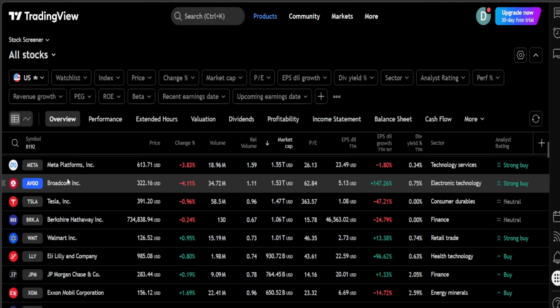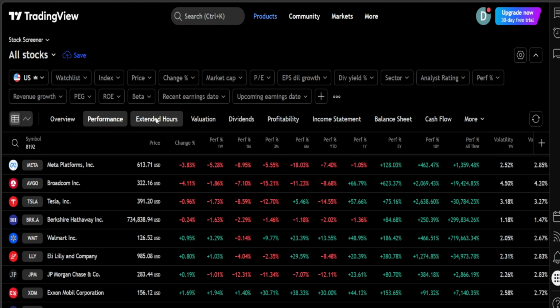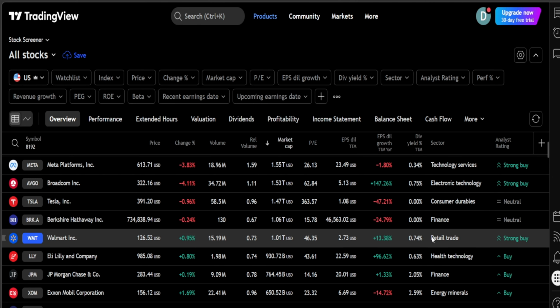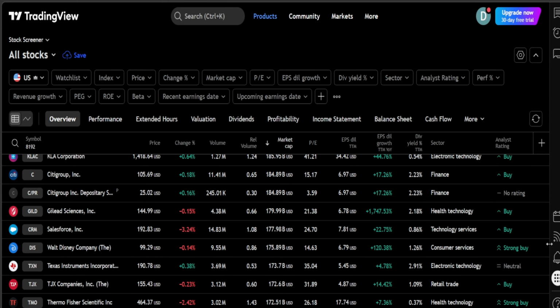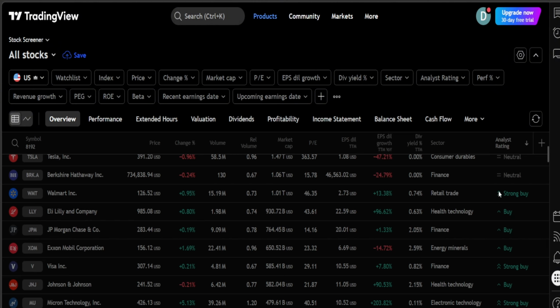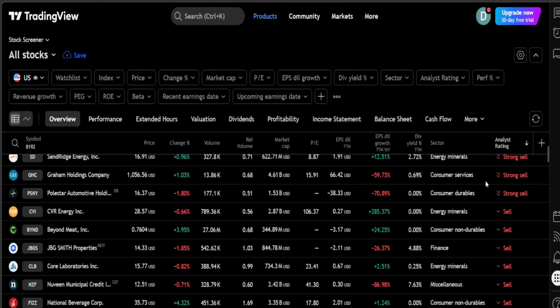From just the overview, you got performance, extended hours, to lots more other options over here. You can even change the specific categories like your price, your volume, and even sectors. There's even the analyst rating, where if it's worth buying or if it's just something you should start going for